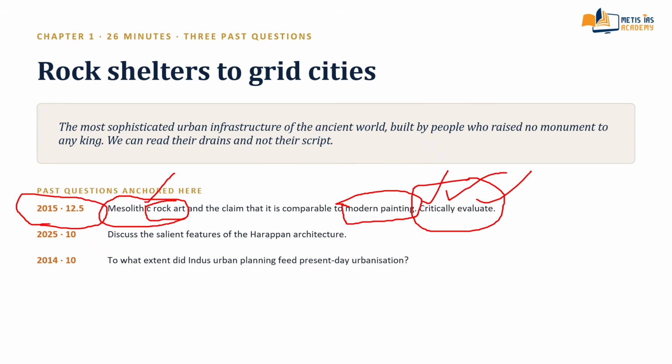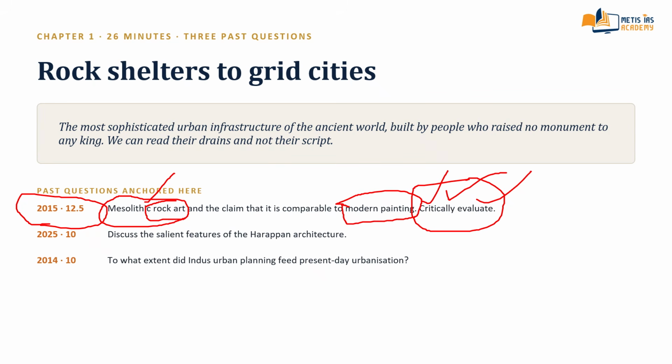Some sites use an X-ray convention showing internal organs, which a 20th century viewer reads as strikingly modernist. 20th century artists themselves noticed this, and the comparison was made by them before it was made by examiners. So now you have to contest it in three moves. The first one is the comparison is